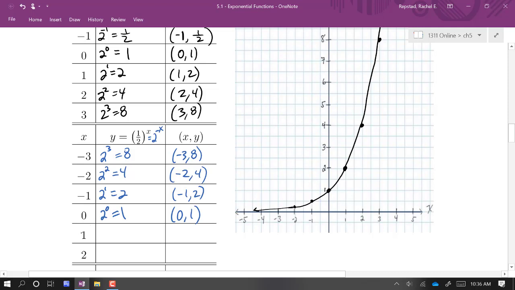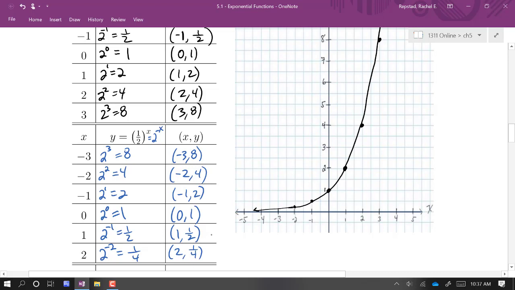And let's see, next, when x is 1, we're finding 2 to the negative 1, which is 1/2. This goes to the point 1, 1/2. When x is 2, we're finding 2 to the negative 2. So that gives us 1/4, right? 1 over 2 squared. This gives us the point 2, 1/4. Now we can